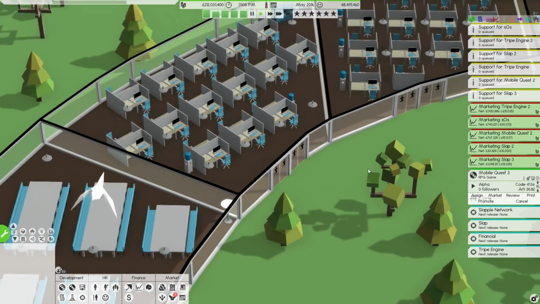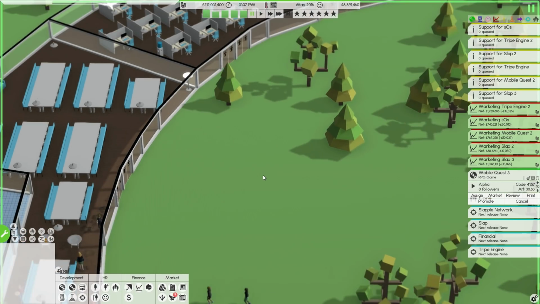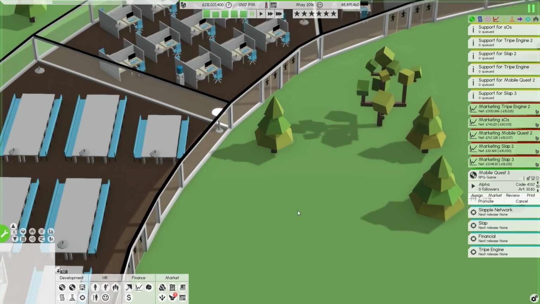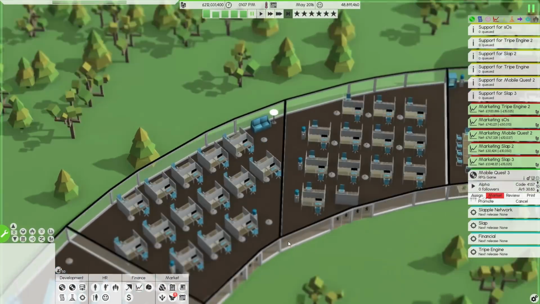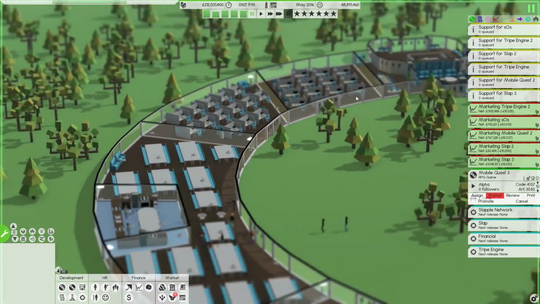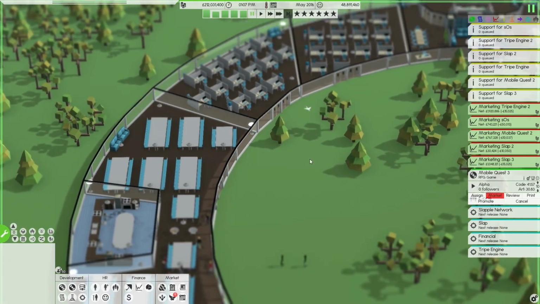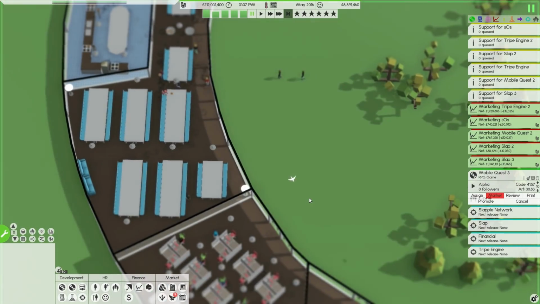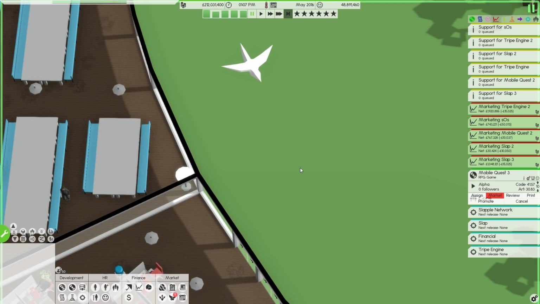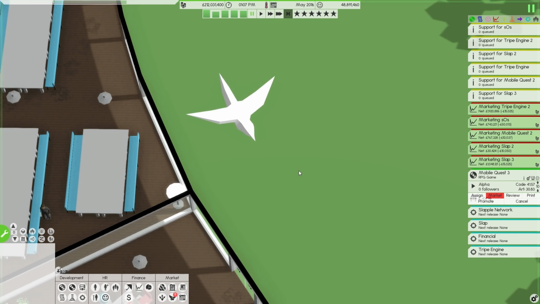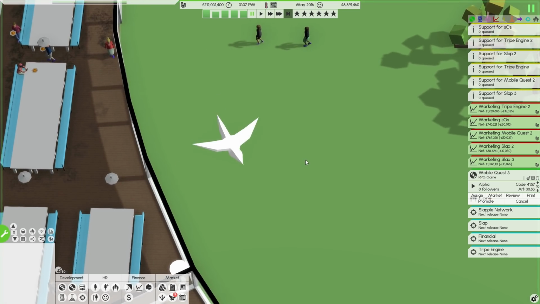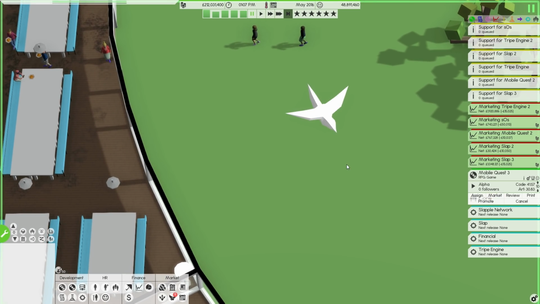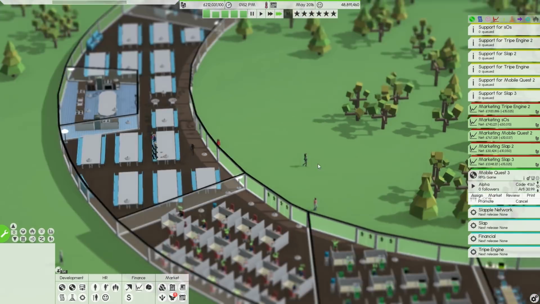I also, since when has this game had birds? Since when has this been a thing? This fella right... Where'd it go? Oh, there it is. Right, hold on. There's a bird right there. Since when has this been a thing? Probably for longer than I want to admit, actually, now that I think about it.